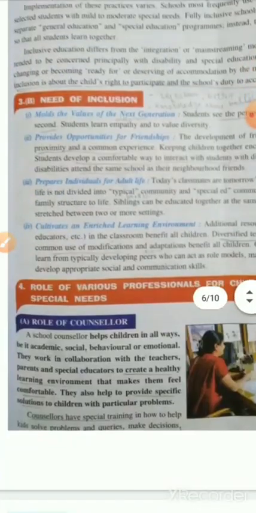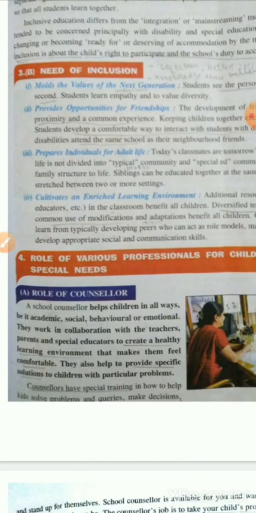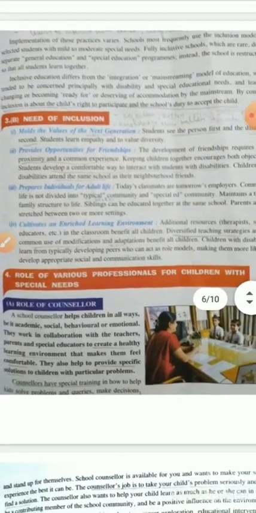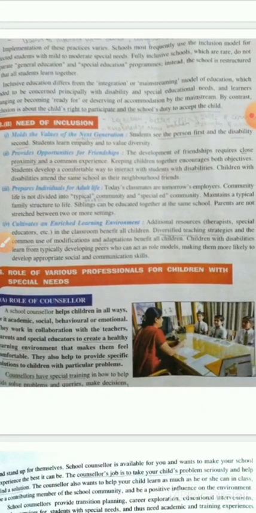What are the needs of inclusion? The first need is that it molds the value of the next generation of students. See the person first and the disability second. Students learn empathy and value diversity. If that is the inclusion, then students will see the person first and their disabilities second. Mold the value of the next generation so that they see the person,